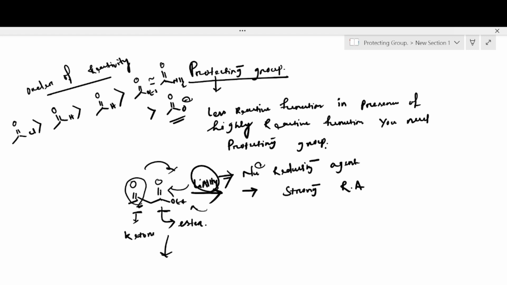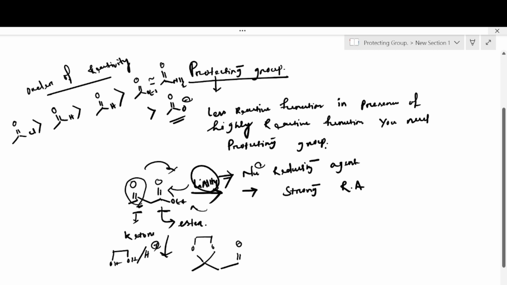So what functional group do I choose? We have to choose a 1,2-diol. In acidic condition, it protects the carbonyl group of the ketone, and after protection it will form this type of substrate with the ester group free. Then when we add lithium aluminum hydride, it will reduce the ester only. Though lithium aluminum hydride is a strong reducing agent, it reduces the ester to what functional group? Alcohol functional group. First it is reduced to aldehyde,